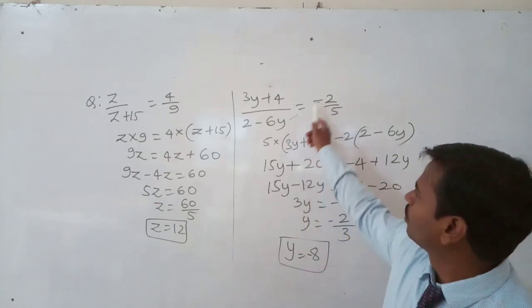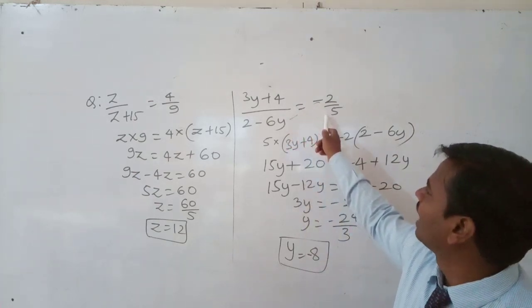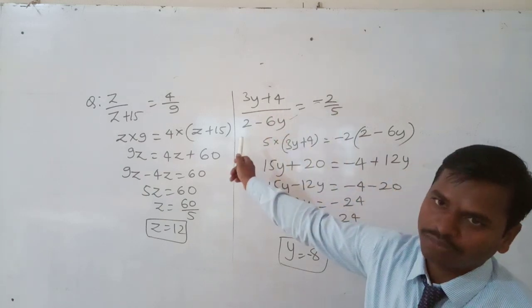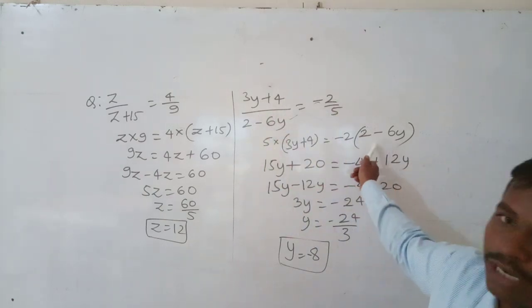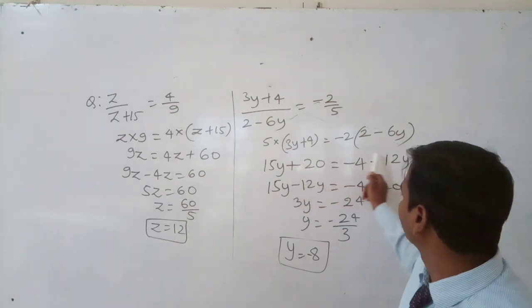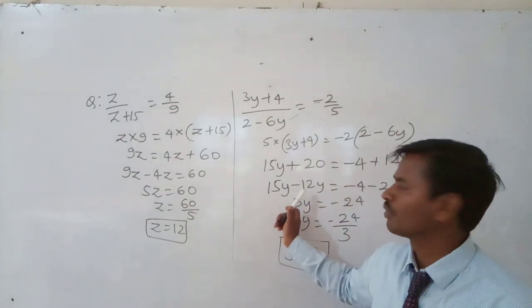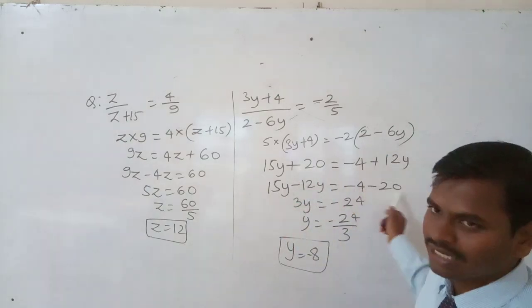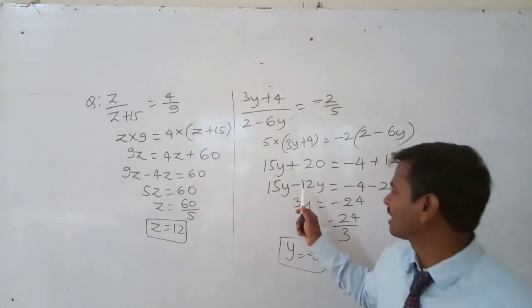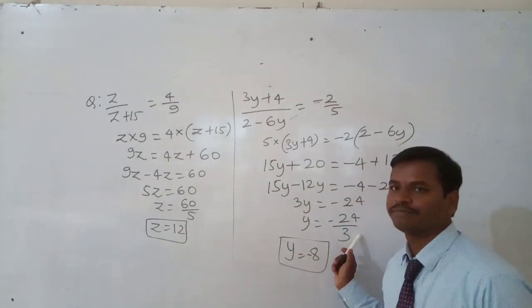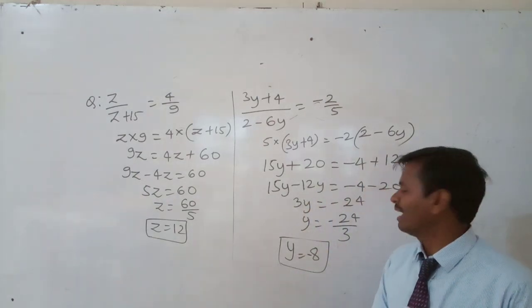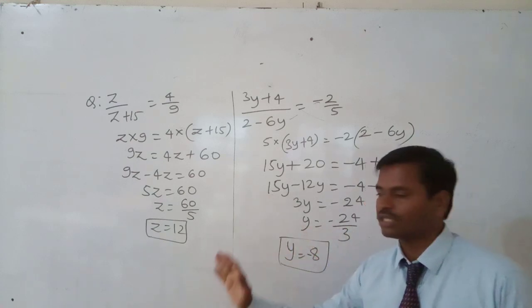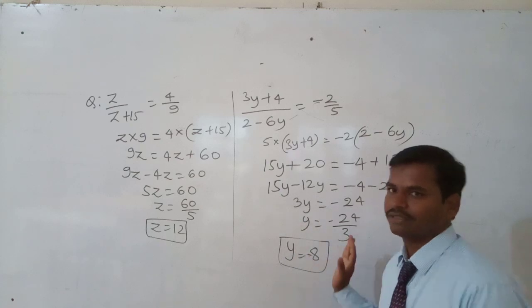First here also we will cross multiply: this numerator 5 into this denominator, and minus 2 into this denominator. We will multiply and remove the brackets, then shift the variable terms to one side. Okay, y variable terms one side, constant numbers another side. Again bring this constant term to this side, because to find the y value, only y should be left on the left side. Remaining all numbers will shift one by one to the right side.